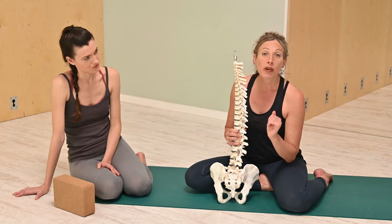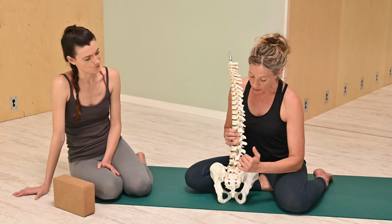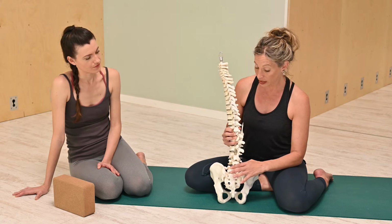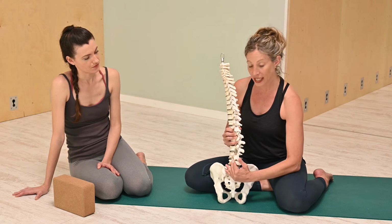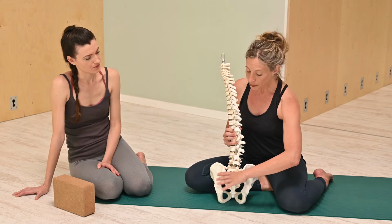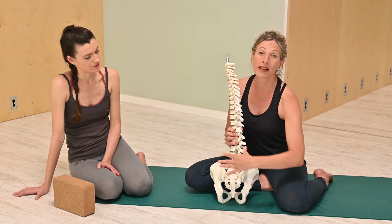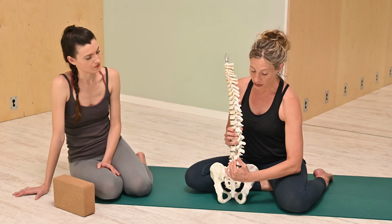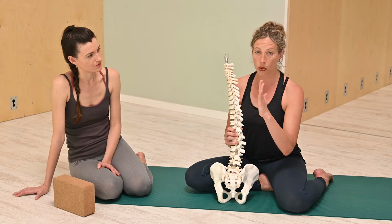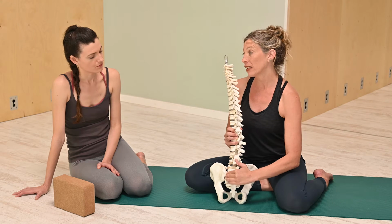But for people who are very mobile, their sacrum will actually move as well. And their sacrum will always do the opposite movement of the spine. So if my spine is twisting this way to the left, then my sacrum will move and twist in the opposite direction. And if my sitting bones are grounded and I'm not letting my pelvis move with my sacrum, then the sacrum will twist within the joint. It will create sort of a torque or a shearing force that can create a lot of pain and inflammation